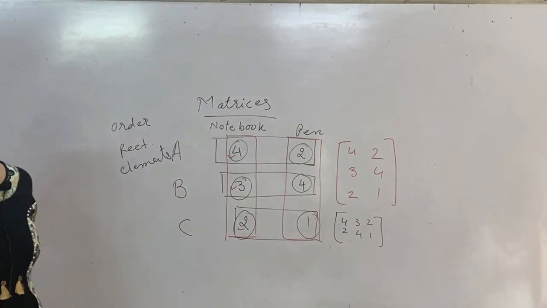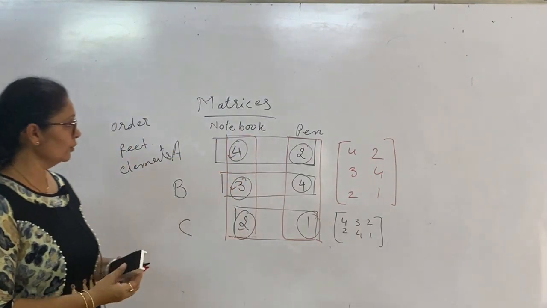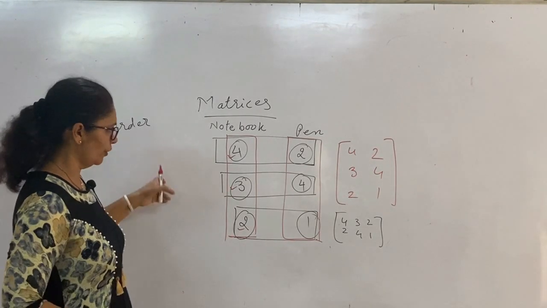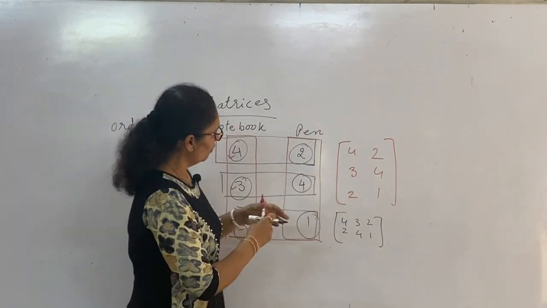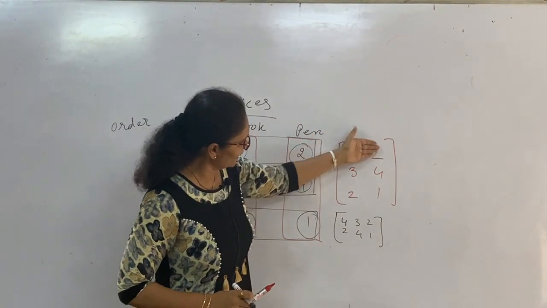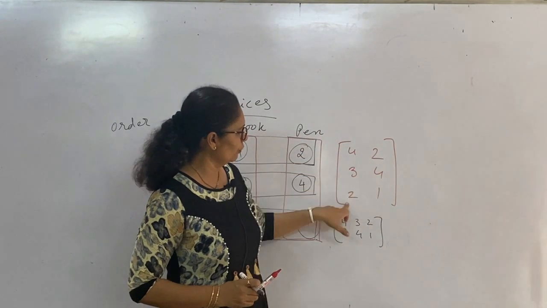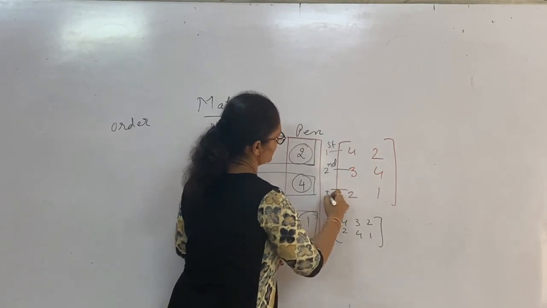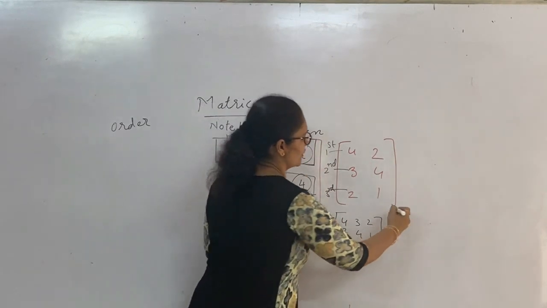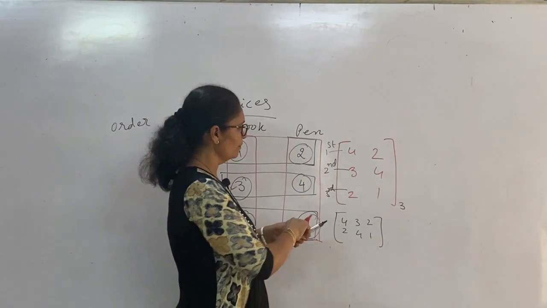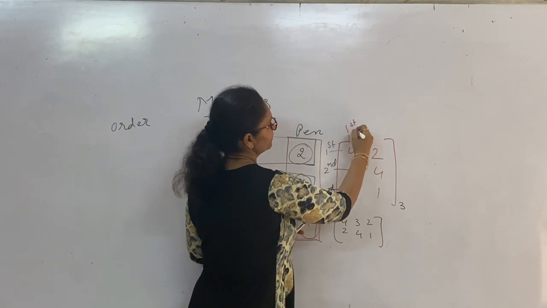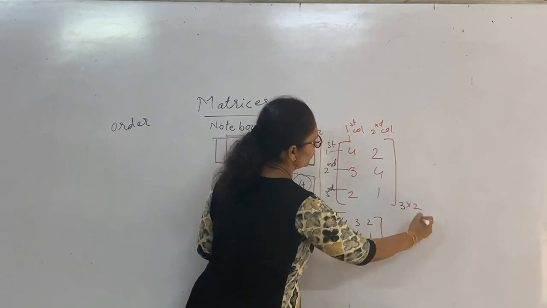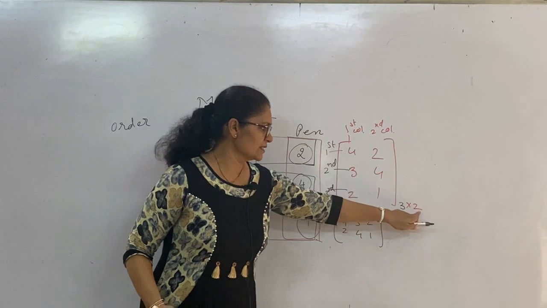is called a matrix. Now first of all, when you learn about a matrix, we have to learn about the order of a matrix. So how can we find the order of a matrix? If I have written this, how many rows are there? Suppose we take breadth-wise 4, 2, 3, 4, 2, 1. So this is your first row, this is your second, and this is your third. So rows we write first, so 3 rows. Now check the columns. This is your first column, this is your second column. So when you take columns, that is 2.